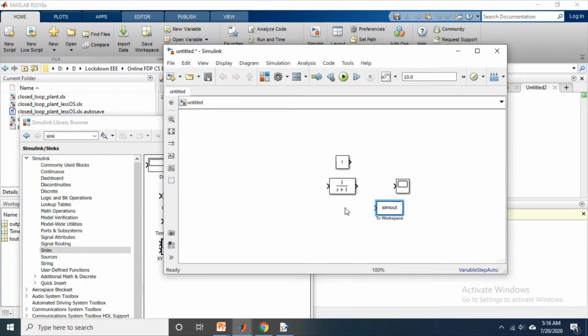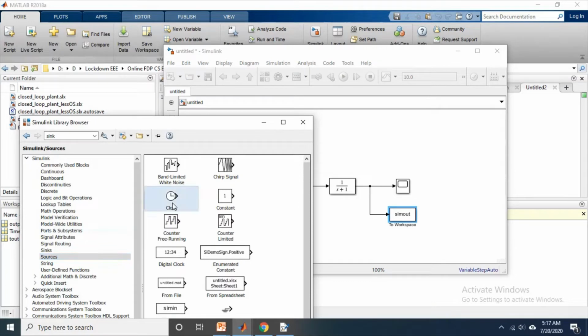And since this is an open loop system, what I am going to do here is connect this with this block first, and this with this block, and this is the sim out. I can use this sim out here. I will connect here. Okay, and next I need the time as well. Time you can get from the source. Go here, this is the clock.